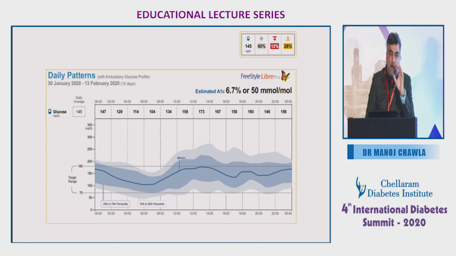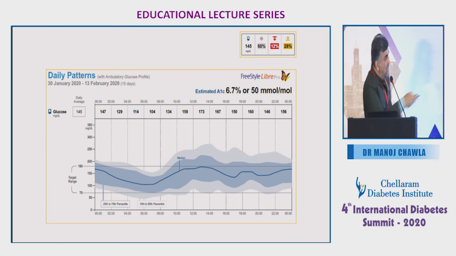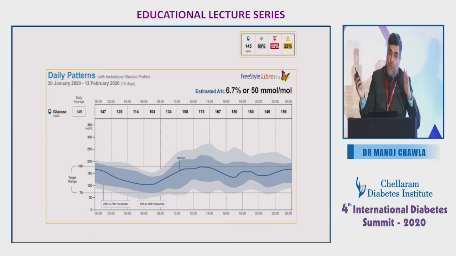One other important aspect which I want you to drive is when you see patients who are variable, clearly you want to talk to the patient more about their day-to-day diet, their day-to-day pattern, their day-to-day exercise, the carb counting that they are doing, the bolus that they are taking. But one other important takeaway for all of you should be the interdecile range. Again, well explained by the previous speaker, this is the median. The shaded blue portion is the interquartile range from 25th to 75th percentile, which is where 50% of the readings remain.